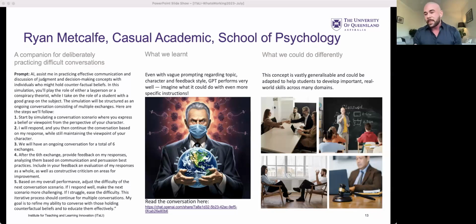and we can prompt the large language model to take on any kind of persona that we like. So the way that I see this unfolding in my class can go either in the formative or summative assessment direction, but it's basically, for me, a really powerful learning tool. Before we start talking about how I will assess this or anything else, it's an opportunity to actually practice using the skills that we're telling our students about, but without deliberately practicing having that conversation with your aunt at Christmas about horoscopes. You're actually never going to get better at having that conversation because you can't see where those difficult points are. GPT can, and it's done a beautiful job.